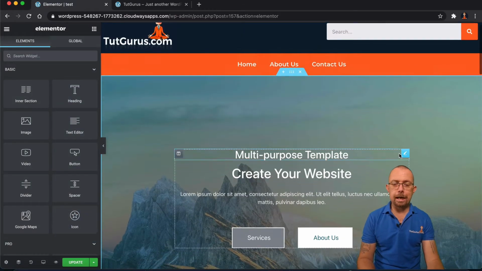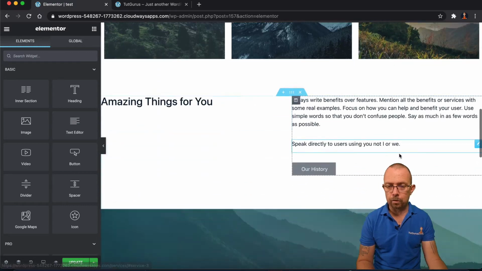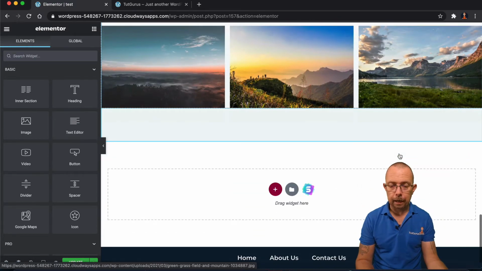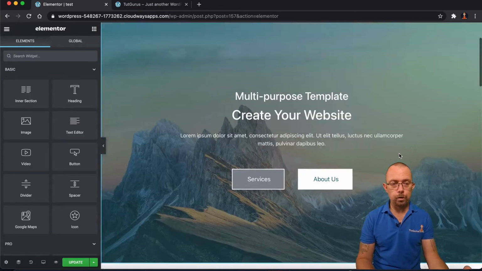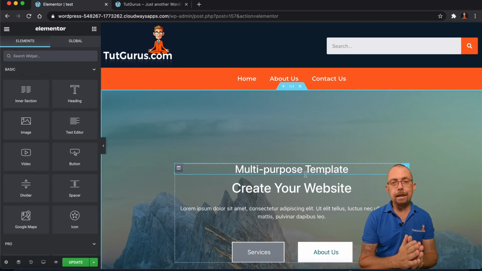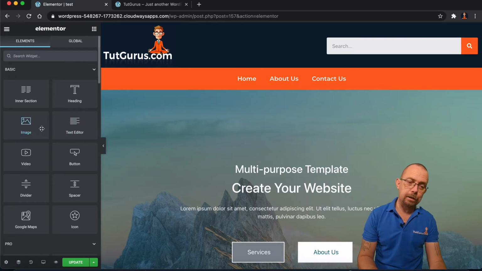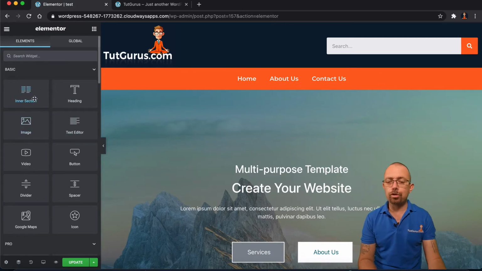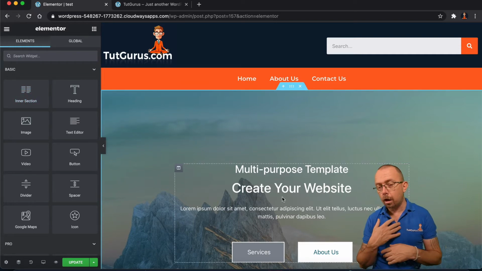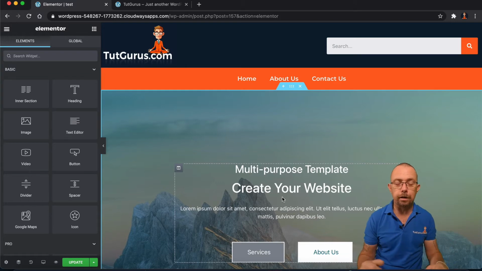So you'll notice now that on this page, I have this dummy-looking template, which only took a few clicks of a button, and I've got this layout that I want to use. On the right-hand side here, this is where you see the edits that are being made. On the left-hand side, these are the widgets that you can drag into these sections that allow you to add text, videos, contact forms, buttons, things like that.